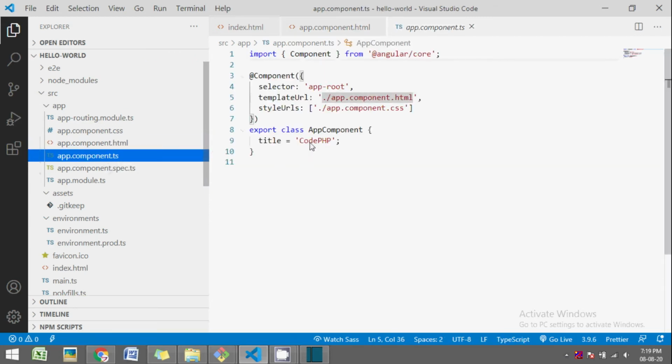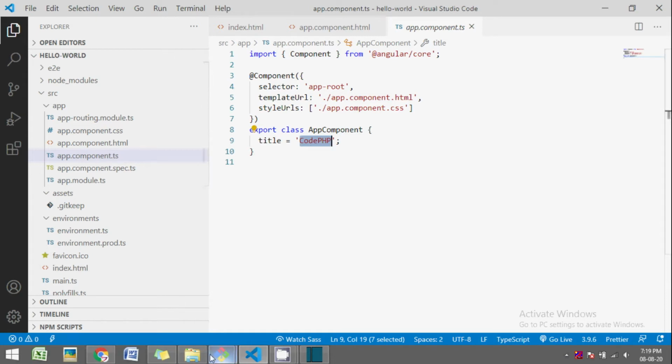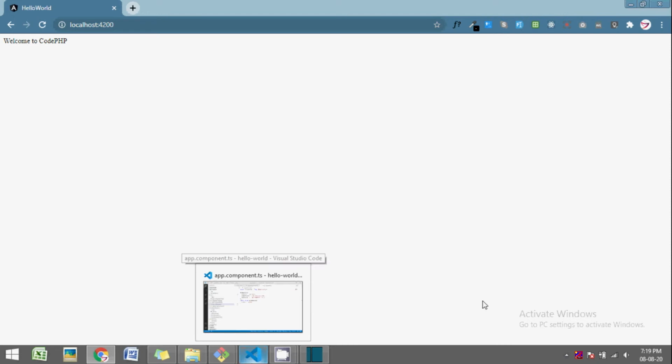And the title is nothing but the property in our class. So when we run the application, this HTML in app.component.html gets placed in the index.html file where you specify this component selector. So that's how the HTML template gets rendered in the browser.